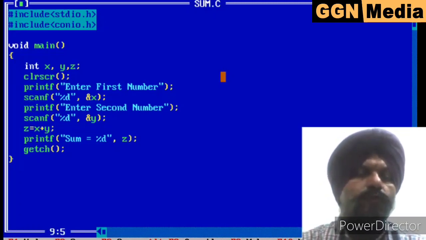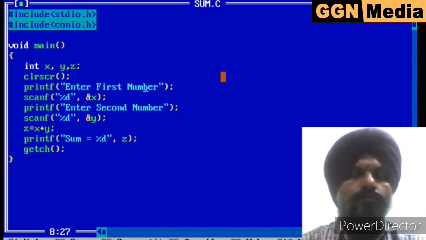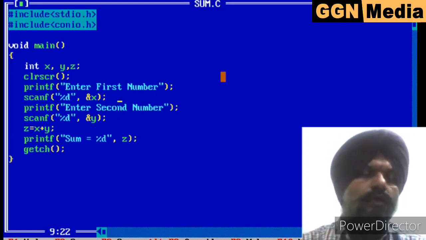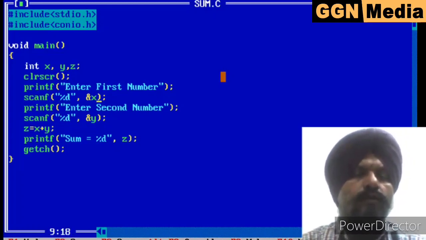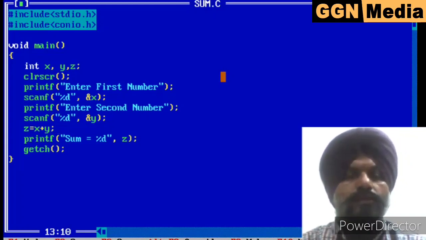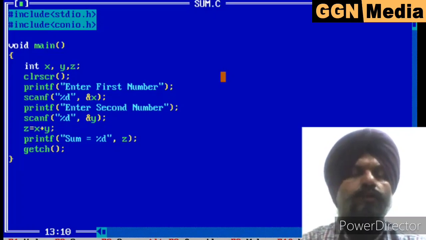In text mode, as I discussed, we generally use printf and scanf. printf displays a value or message on the screen, and scanf is used to get the input entered by the user from the keyboard. Then we perform some operation as required by the logic of the program and print the result. This is an example of text mode. We can't draw lines, triangles, rectangles, polygons, or any shapes using this mode.